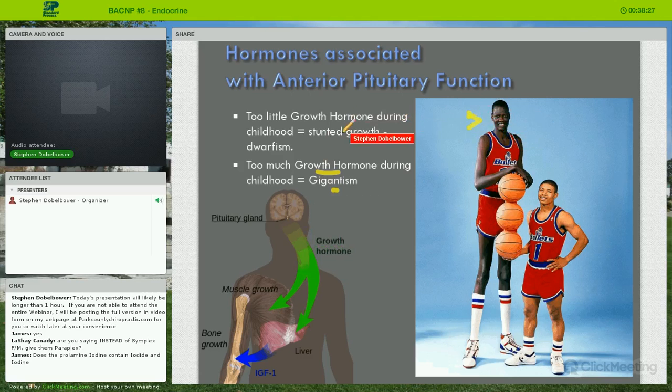And if we do not have enough growth hormone during childhood, we're not going to secrete as much insulin-like growth factor, and we're going to see less growth in those long bones. So we're going to see somebody whose growth is stunted. Now, in growth hormone or anterior pituitary dysfunction,